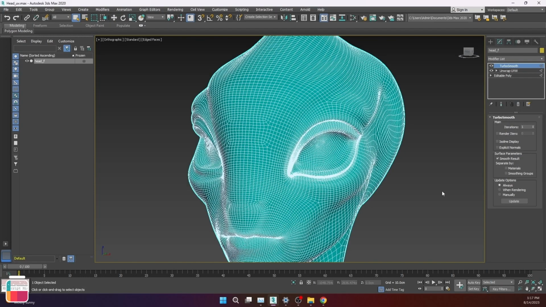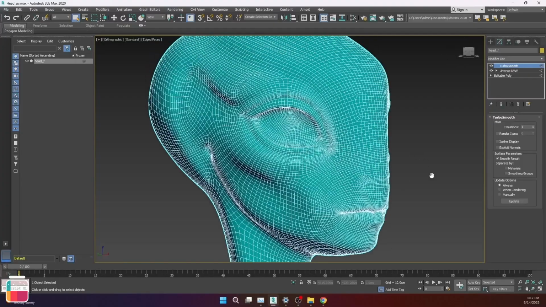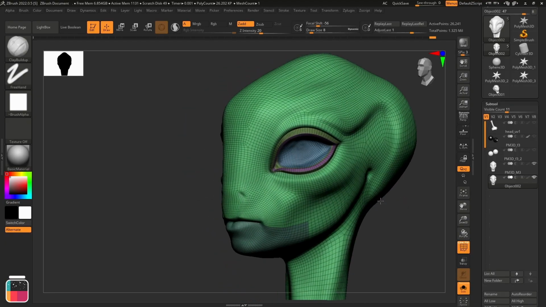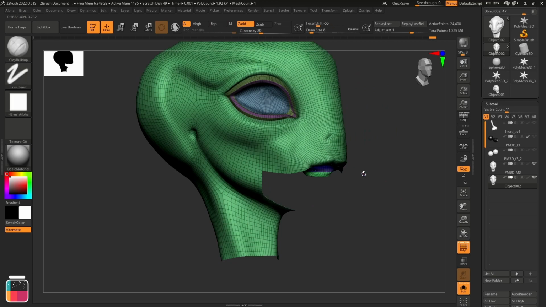One more subdivision level increased mesh density and smoothness. I divided this mesh into polygroups for a more convenient detailing process.